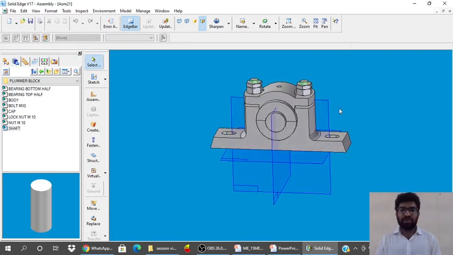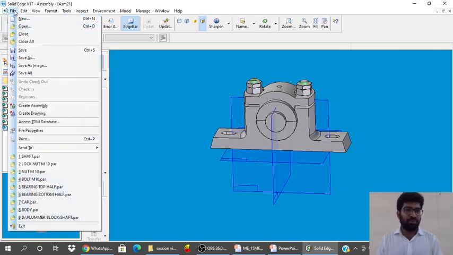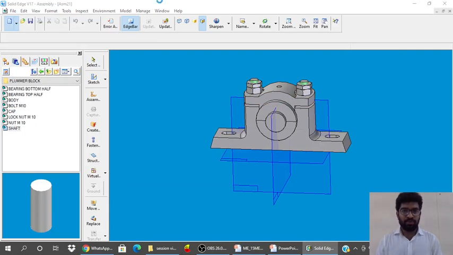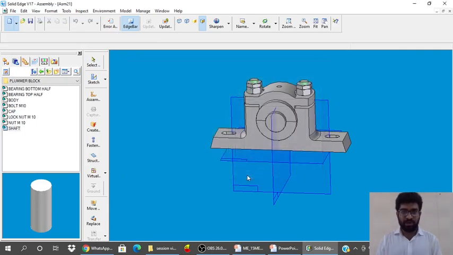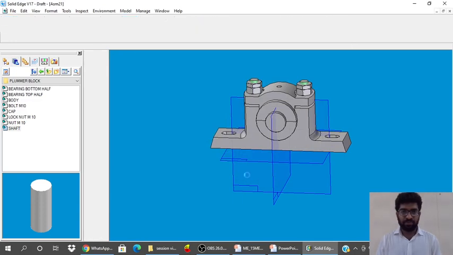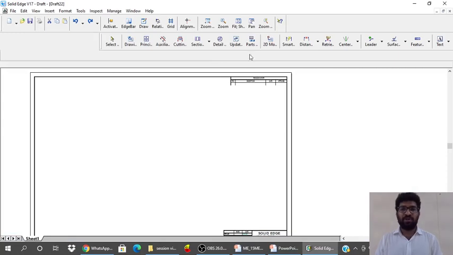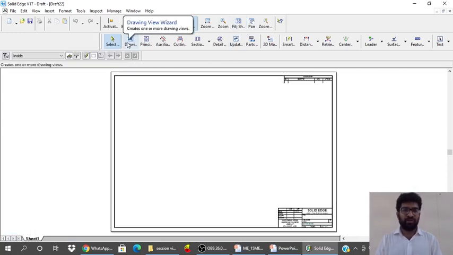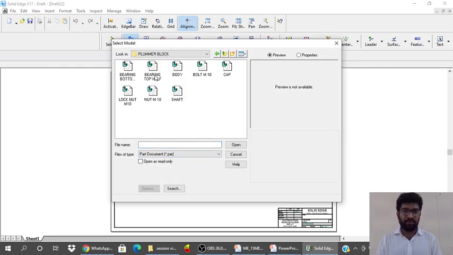After saving the file, we will try to create the drawing. File, new, select normal.dft, say OK. So this is the drawing sheet, say fit. We will select the drawing view wizard command and pull that assembly.